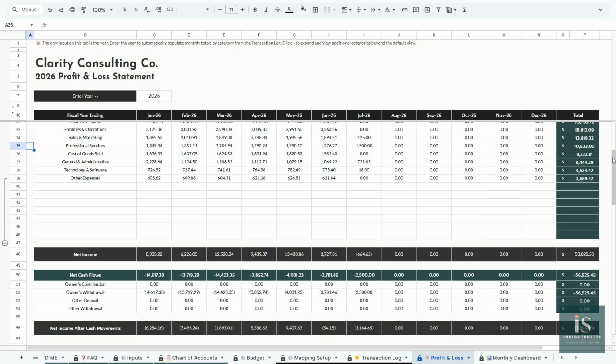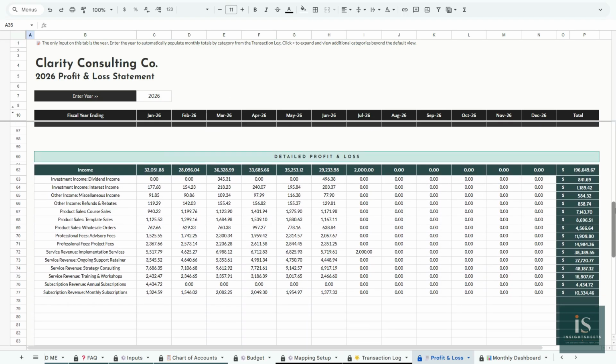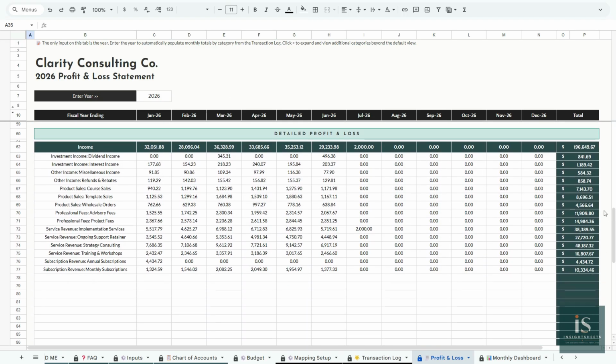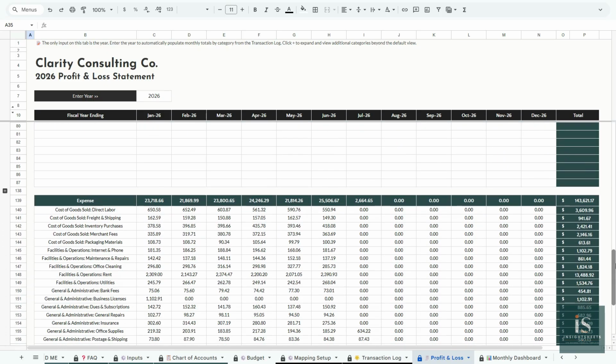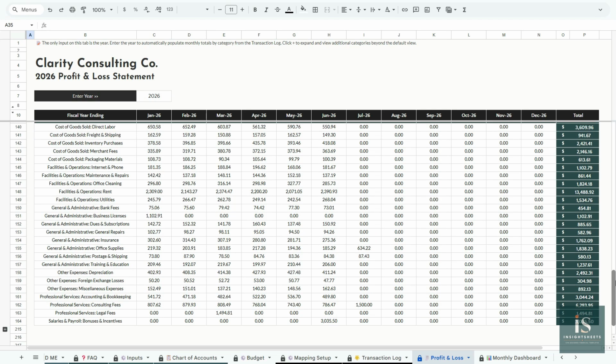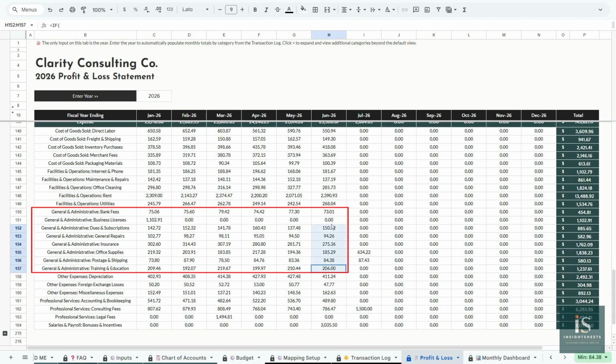This works the same way as the summary view, but now broken down into all your subcategories organized alphabetically within each main category. If we look over at the June column, which is fully populated, you can see General and Administrative is broken down into 8 subcategories, totaling